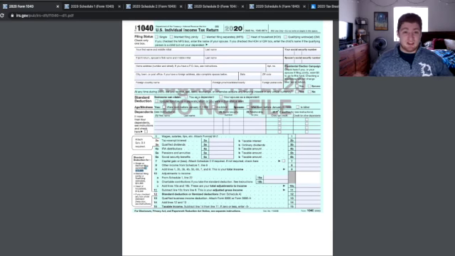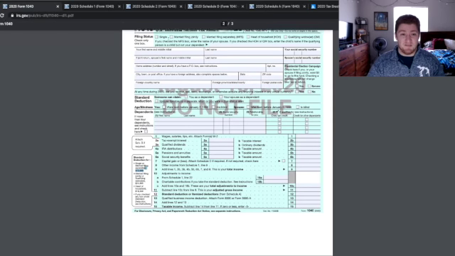But let's go ahead and jump into this week's, and let's try and explain the business of your individual tax return casually. So as you can see, this is a draft tax return. The IRS usually takes a little bit of time after the end of the year to finalize these forms before they send them out. They want to make sure they're perfect because obviously if they're messed up, that could cause a lot of problems. So we're going to look at a draft tax return today for 2020.